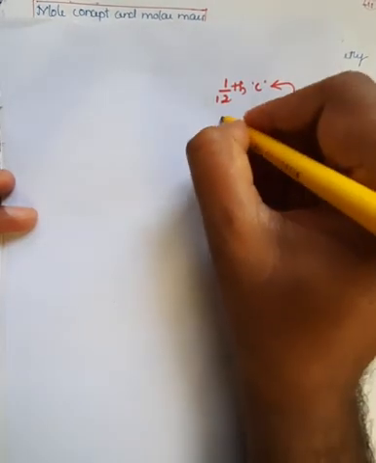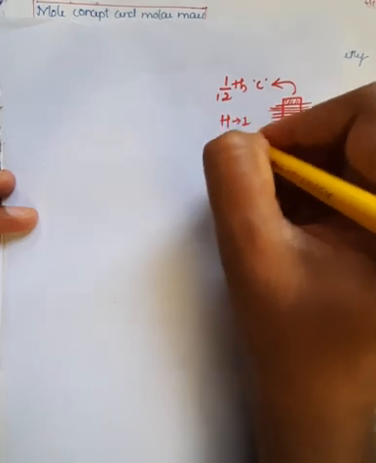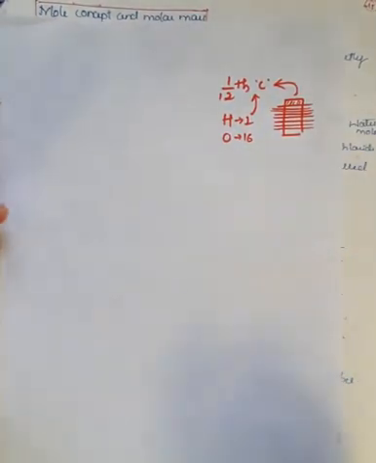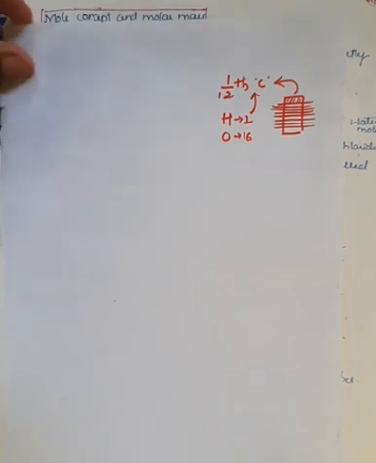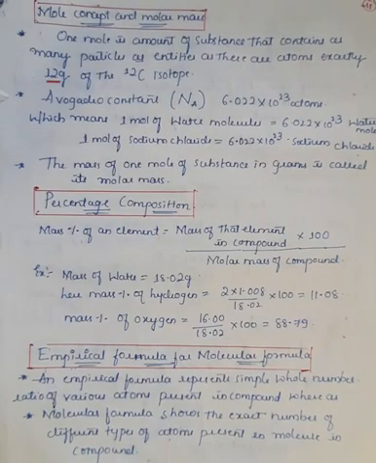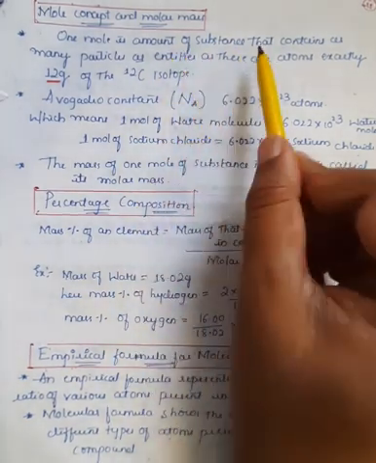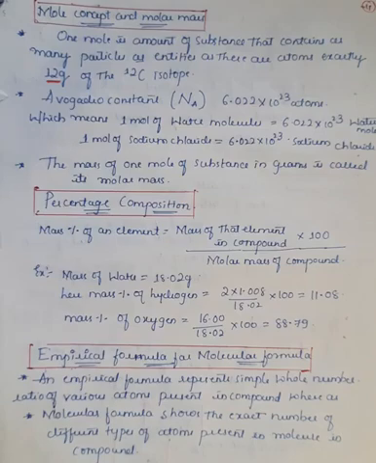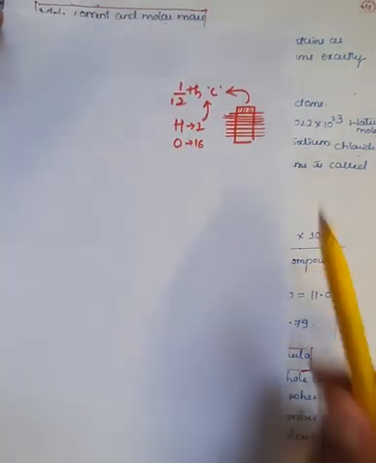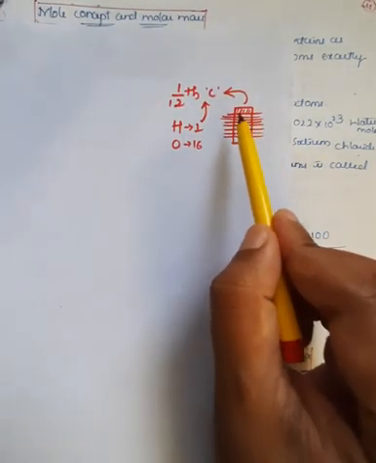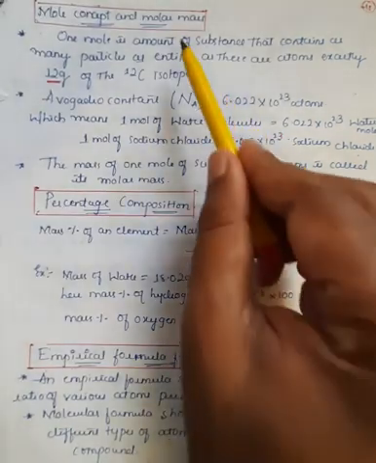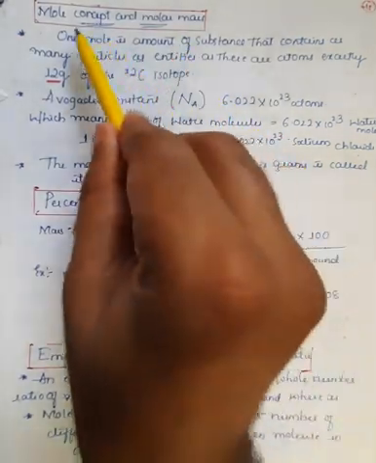Therefore if you take hydrogen, the weight of hydrogen is 1, the weight of oxygen is 16, that is relative to this 1/12 weight of the carbon atom, that I have already explained. The same concept is given in the mole concept. 1 mole is the amount of substance that contains as many particles, which means that many entities as are present in the 1/12th of the carbon atom are generally present in 1 mole of the substance.